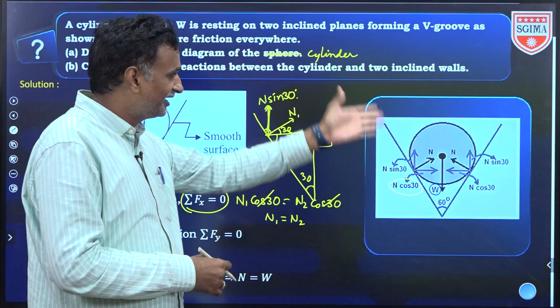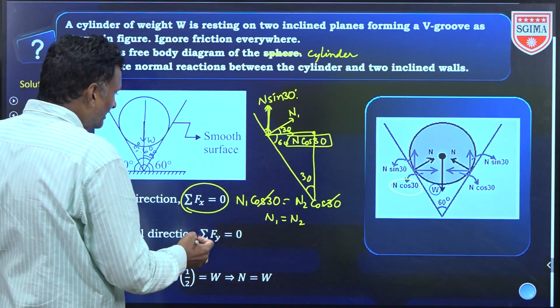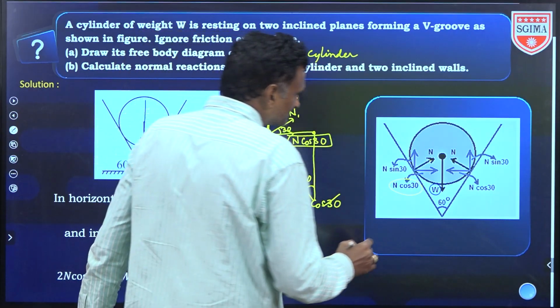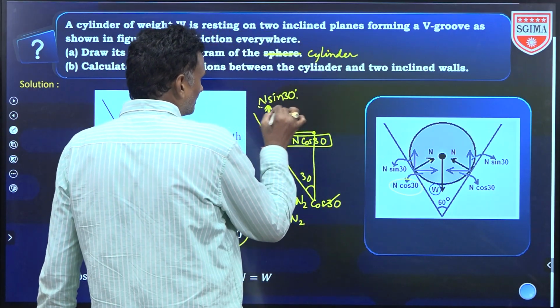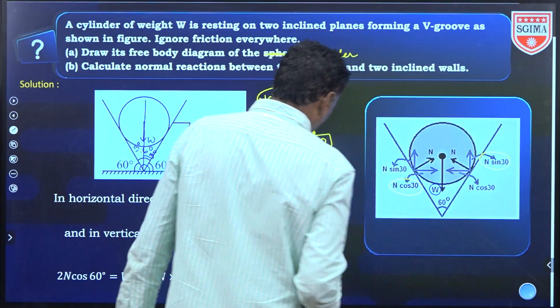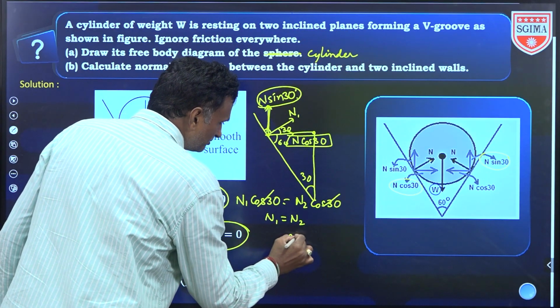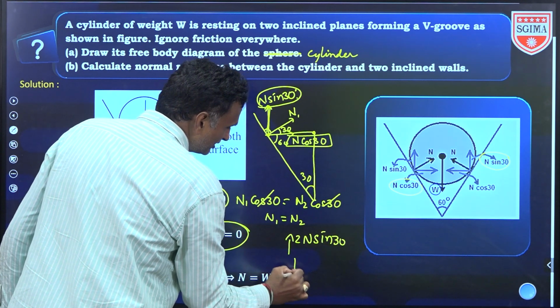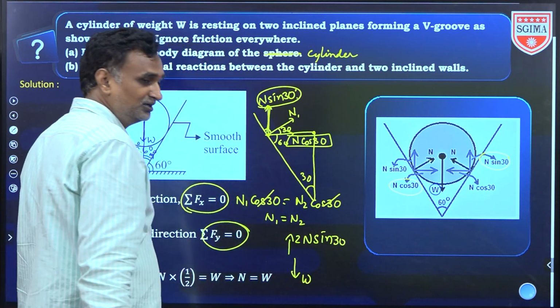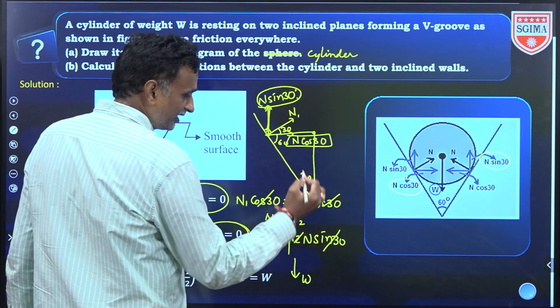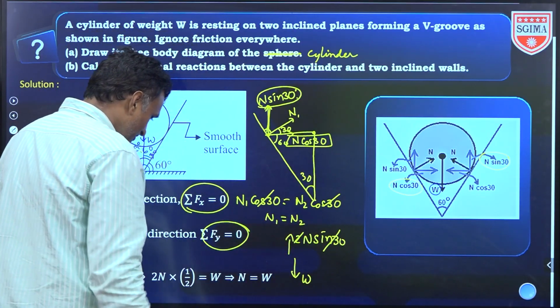So now y direction, net force equal to 0. Then total upward force means what? One component here N sin 30 and here also N sin 30, means total 2N sin 30 upward. Then total downward force, how much? W, okay. Sin 30 how much? 1 by 2, and 2 cancel, N equal to W. You can check,